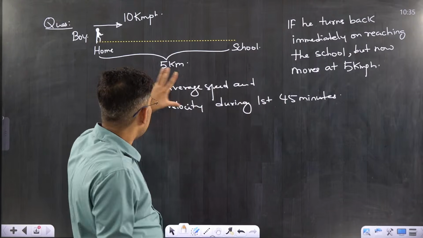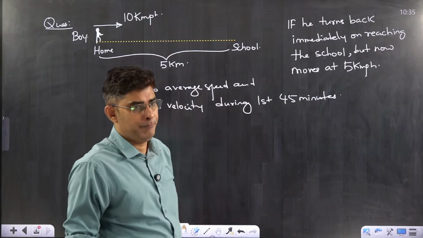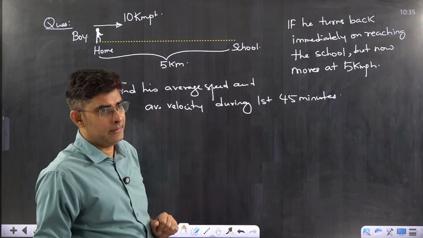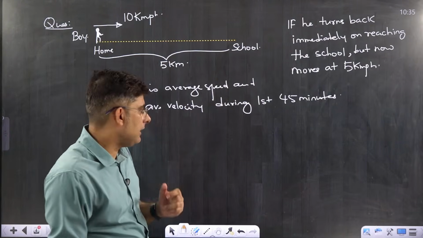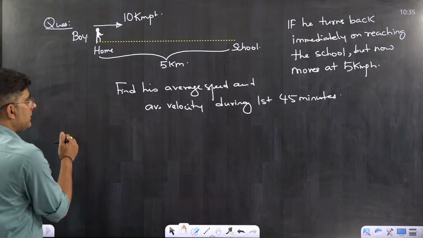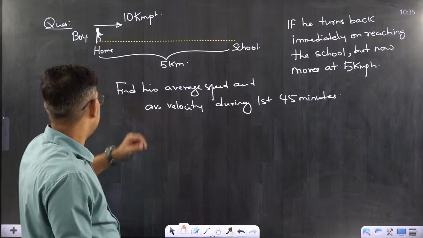I said, what is the average speed and average velocity during the first 45 minutes? First 45 minutes, not the total they are asking. So in this, what to do? The simple concept is, first you see how much distance he will travel in 45 minutes. So first we will see